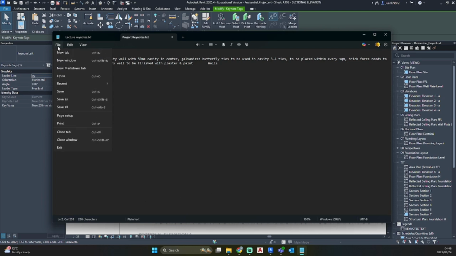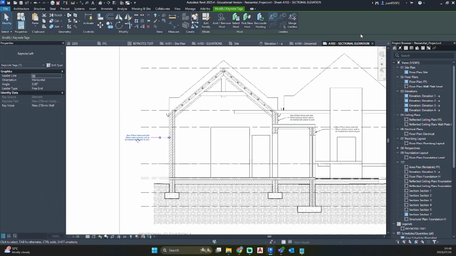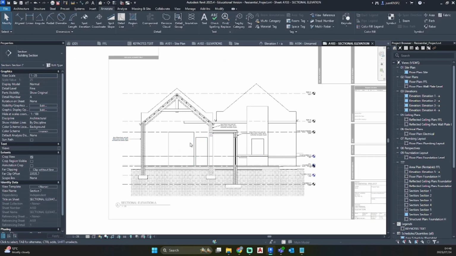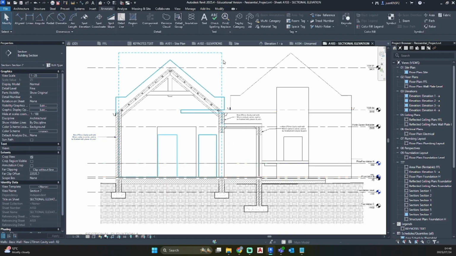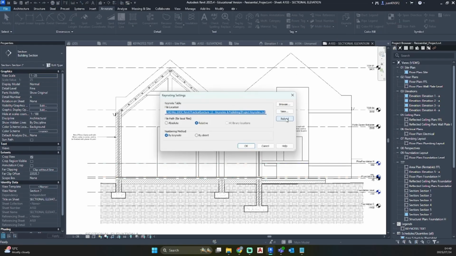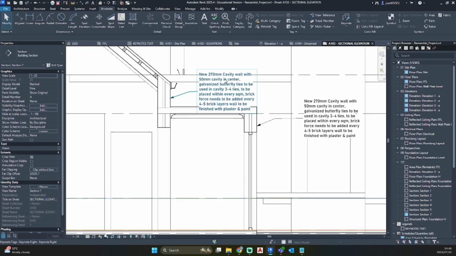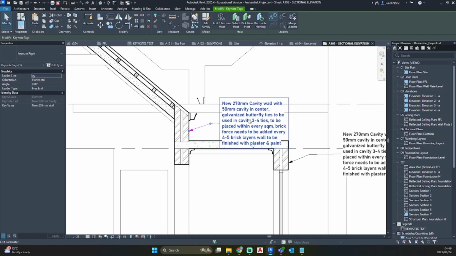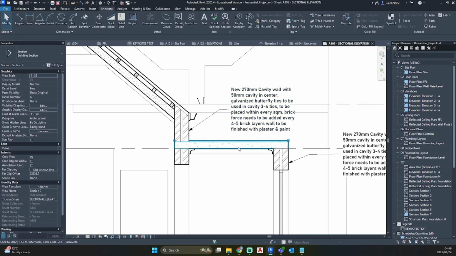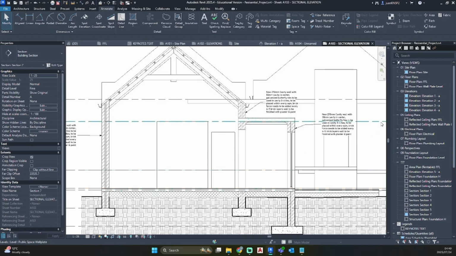So I'm gonna go File, Save. Remember always to save your text file, otherwise it won't update in Revit. And let's update our text. So we're gonna go back to Keynote, hit the drop down, Keynote settings, and just hit reload. Okay, and there all of your text would update. This is a lot more efficient way to do annotations within Revit.